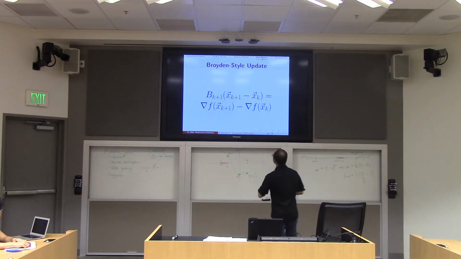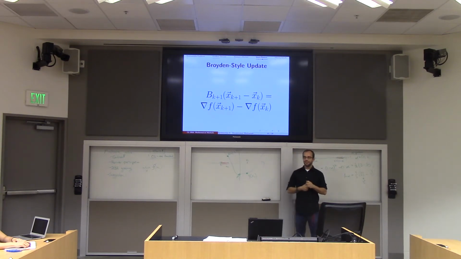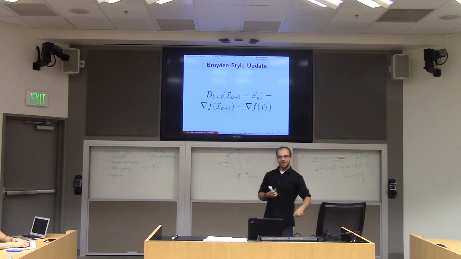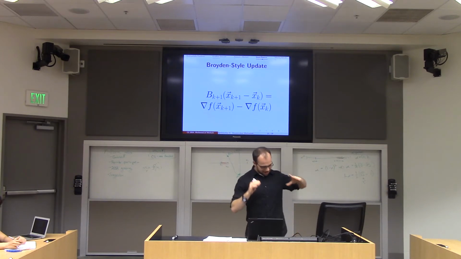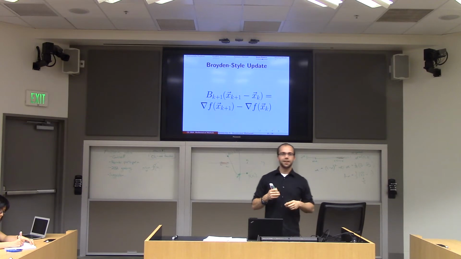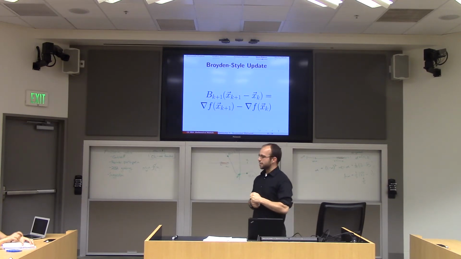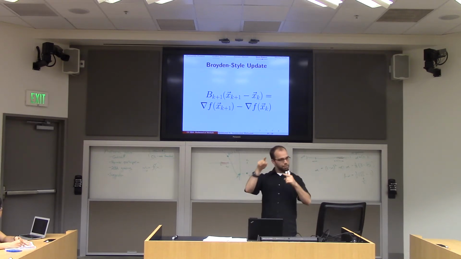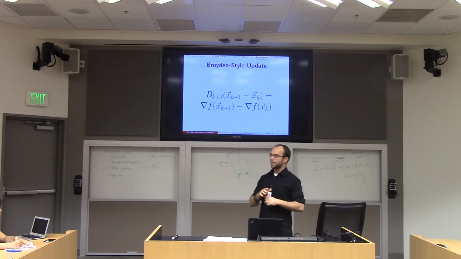Anyway, so remember Boyden's algorithm? Yeah, good. Boyden's algorithm said, okay, we really want the derivative, the Jacobian of a function from Rn to Rn, right? But unfortunately, we'd like to use this secant style update, where I have f at the previous data point and the current data point, I draw a little secant line through them